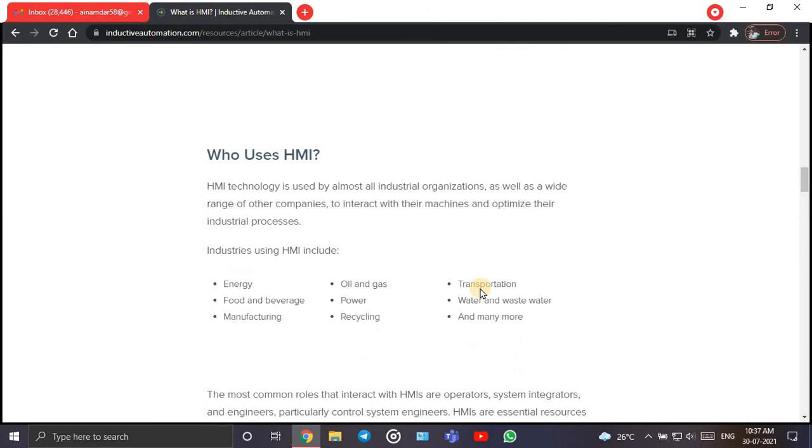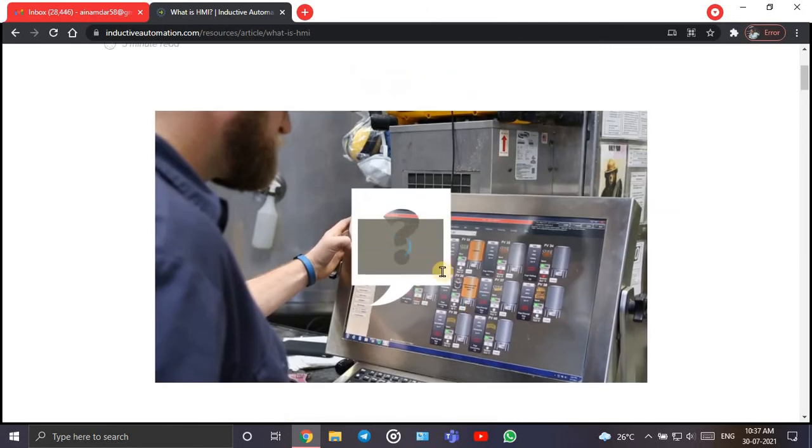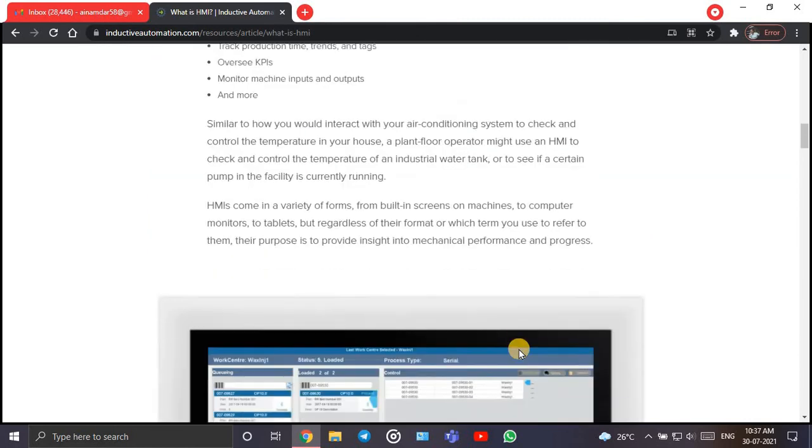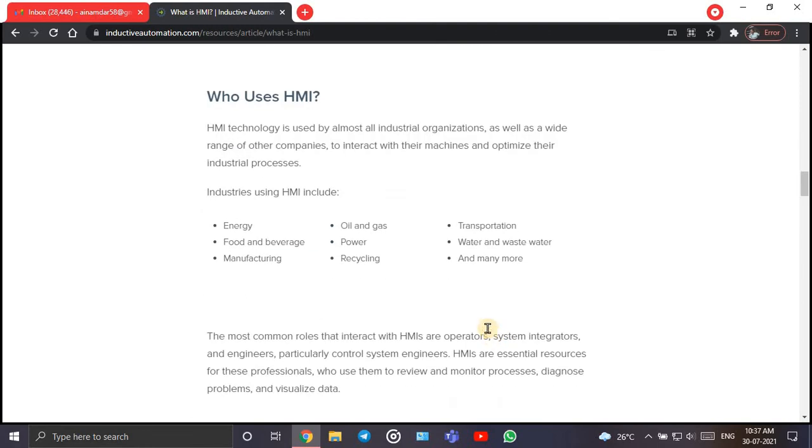So who uses HMI? HMI technology is used by almost all industrial organizations as well as a large and wide range of companies, for interaction with the machines and to optimize their industrial process. Optimization means making it a better version. Okay.